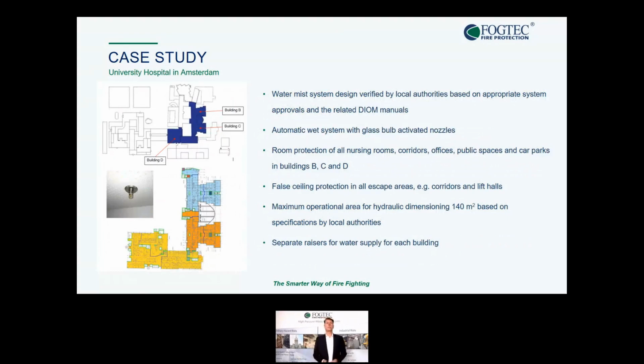The design of the system has been based, as I said, on the full-scale fire test results that we have made available to the design office and to the fire consultants. We do this via a specific manual that the manufacturer has to produce. This is in line to the requirements from the standard, the so-called DIOM manual, that stands for Design, Installation, Operation and Maintenance Manual. And based on this information, combined with the approval certificates, the system has been validated by the local authorities and by the fire consultants,